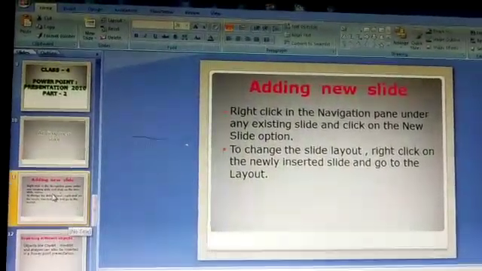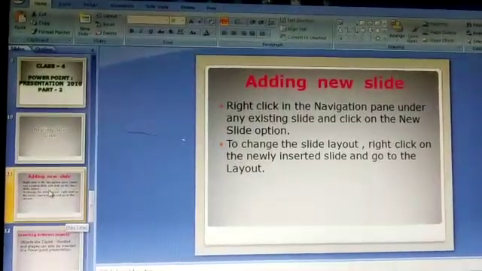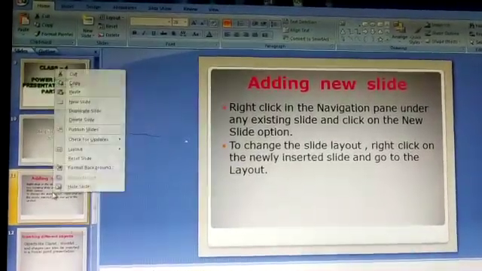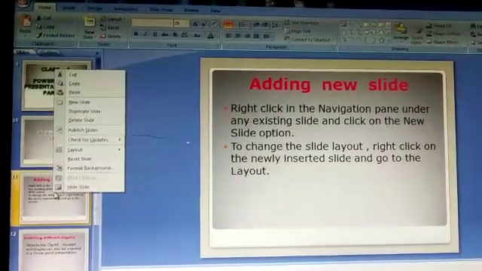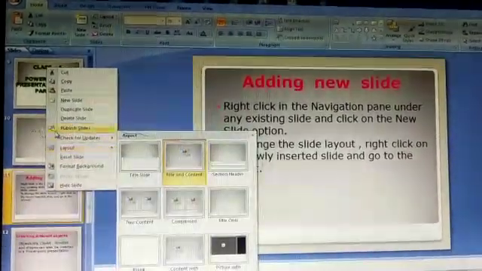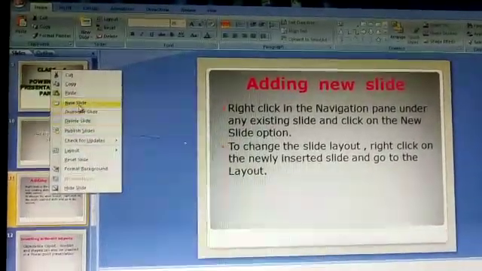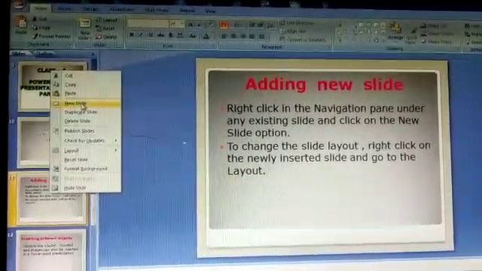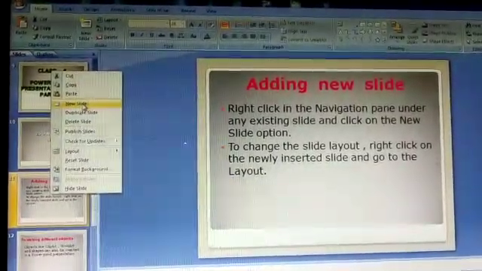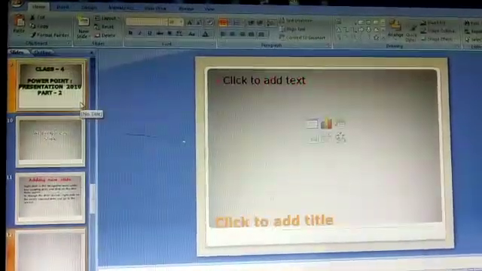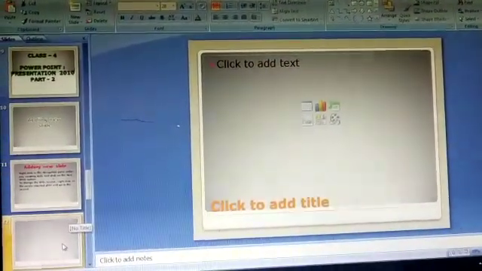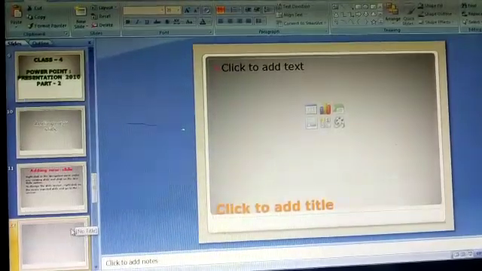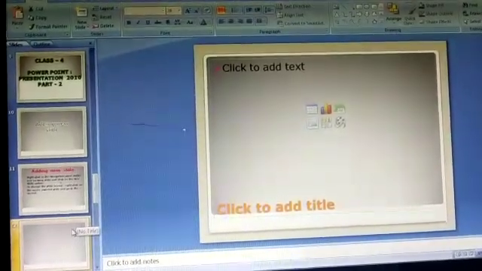So you have to keep your cursor here, then right click one time. You can see one option there, that is new slide. Click there. You can see a new blank page is open.